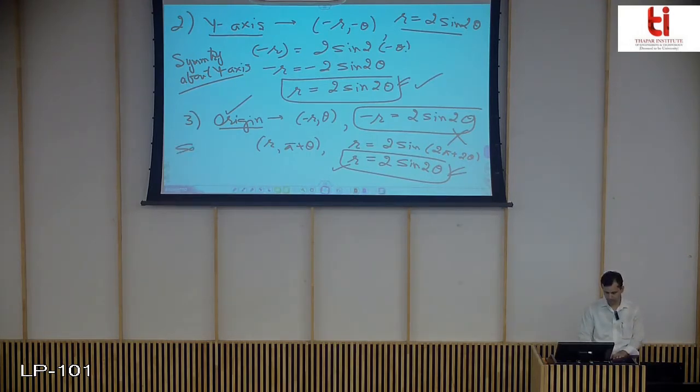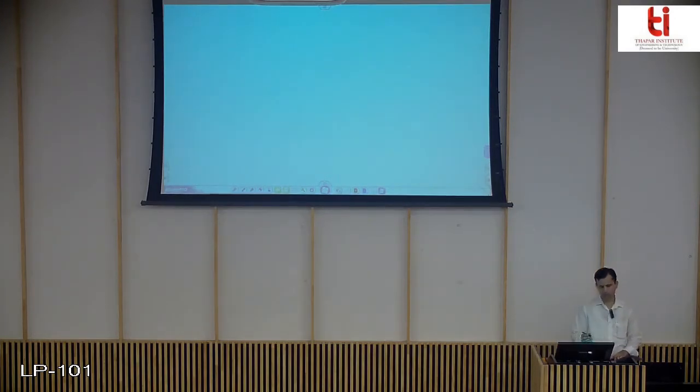So the curve is also symmetrical about the origin. So whenever you have symmetry about two, the third is going to be there. However, just to avoid any confusion or mistake, we should check it mathematically also. Okay. So now step 2.